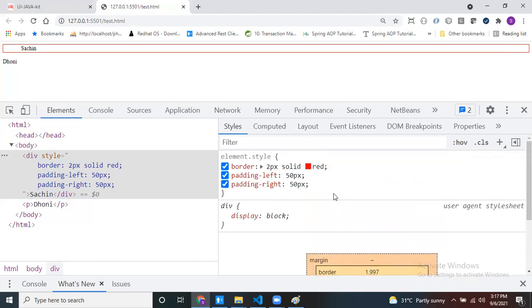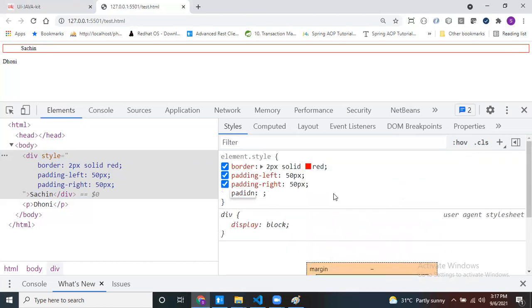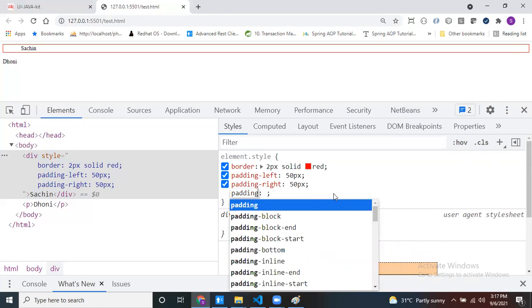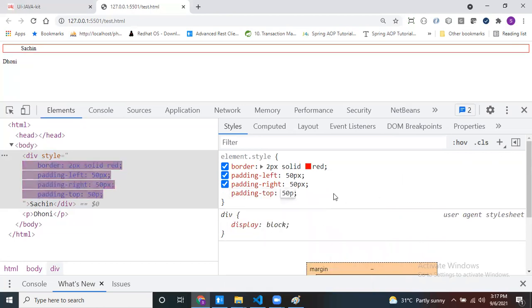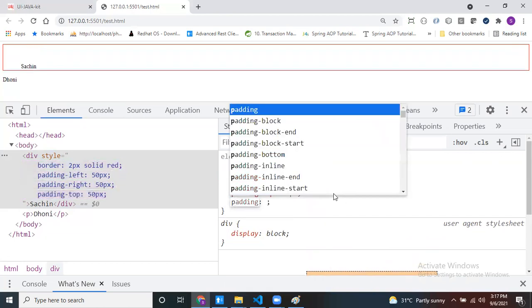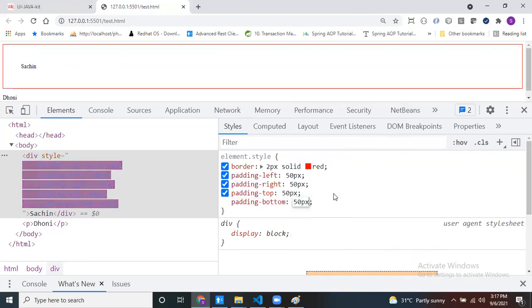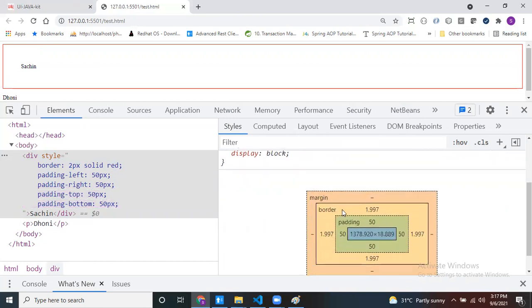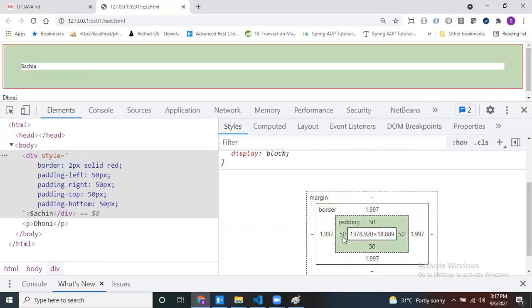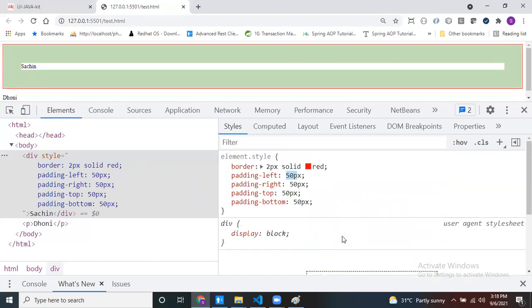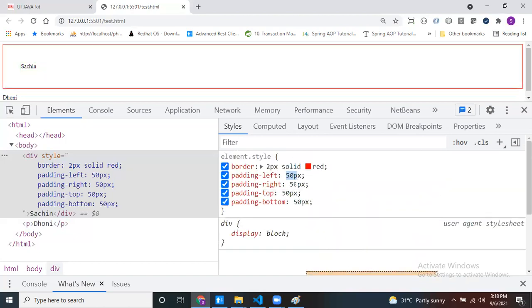Okay, if you want to give a padding top, if you want to give 50 pixel, you can give it. Okay, same like this, padding bottom also I want to give. So this, okay, 4 sides. That means padding left, top, right, bottom I have given, or not. See this, the gap between border to content, we can say is a padding. Now I applied the padding left, right, top, bottom, 50 50 50 50, or not. So if you want to apply the padding for 4 sides,